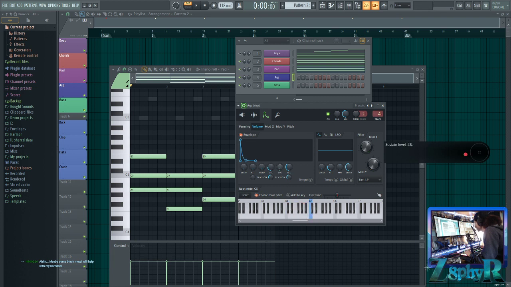And then I'll just turn the sustain up to like 10. That way it gives the release time to be heard. This sustains all the way down. And sometimes the decay will cut off the release, so sustain might help a little bit. But we don't need much. We're going to take the filter frequency down to about